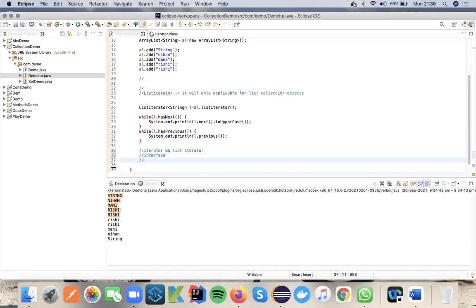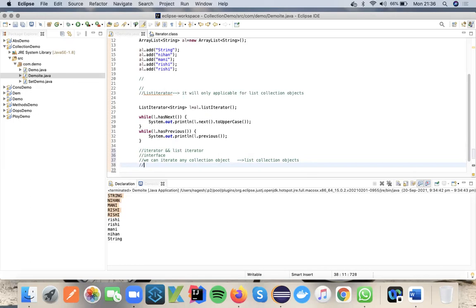Both are interfaces. Second, iterator we can use to iterate any collection object, whereas list iterator we can use only for list collection objects. That means list means ArrayList, LinkedList, Vector. These are the list collection objects, and it will not allow any other collection objects.